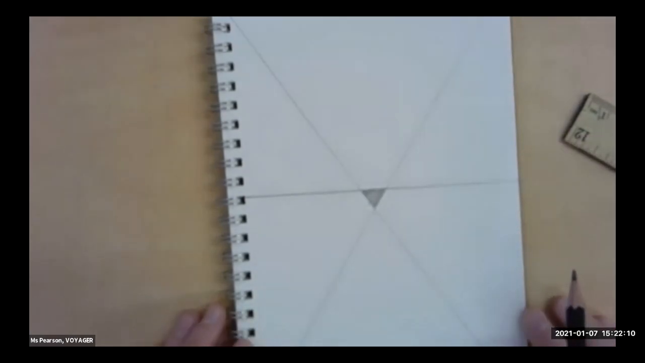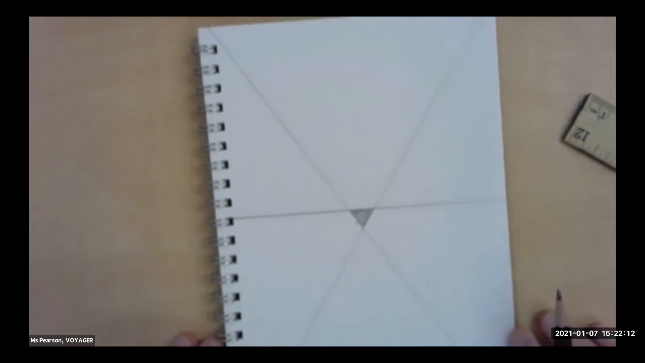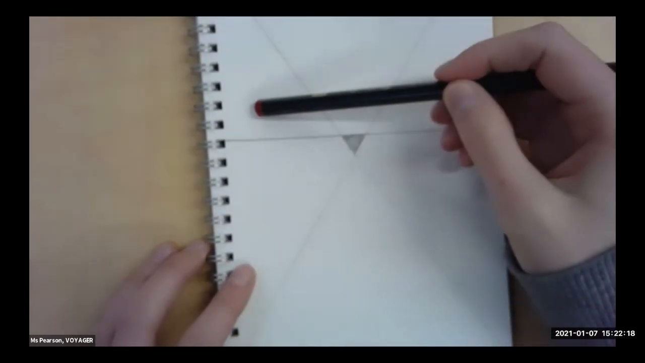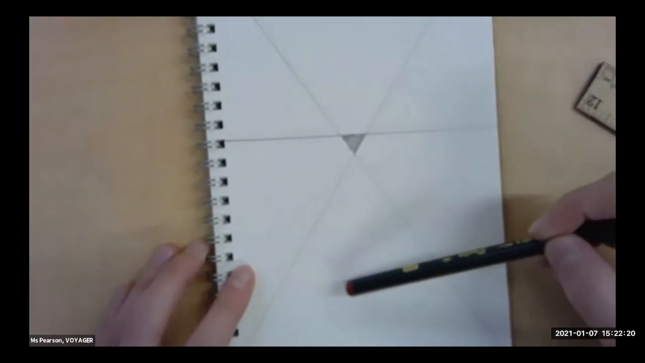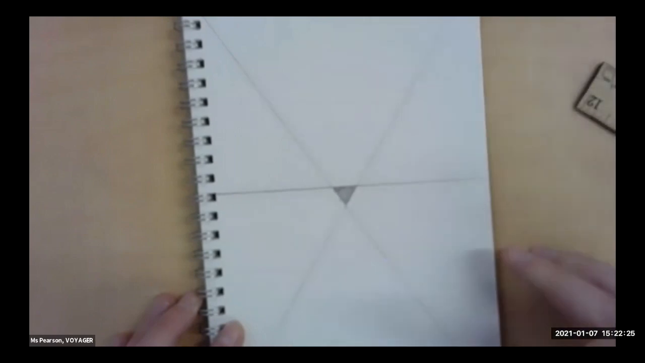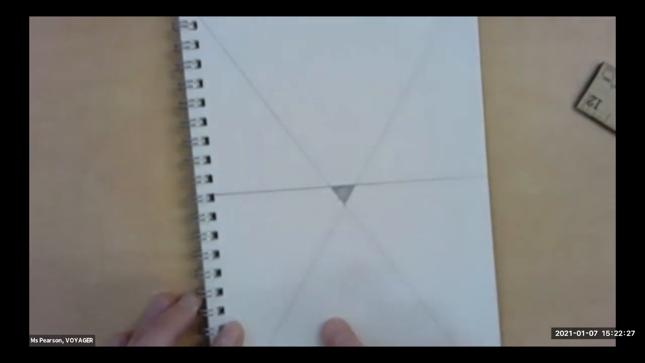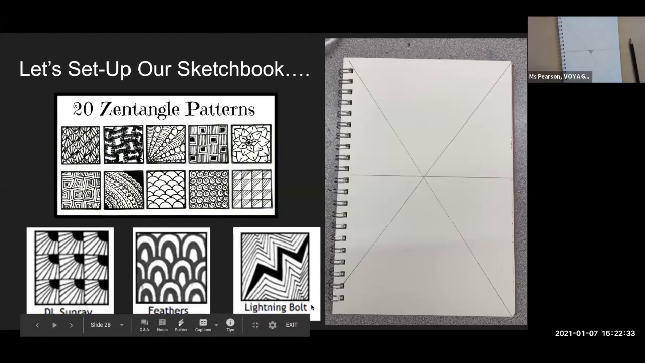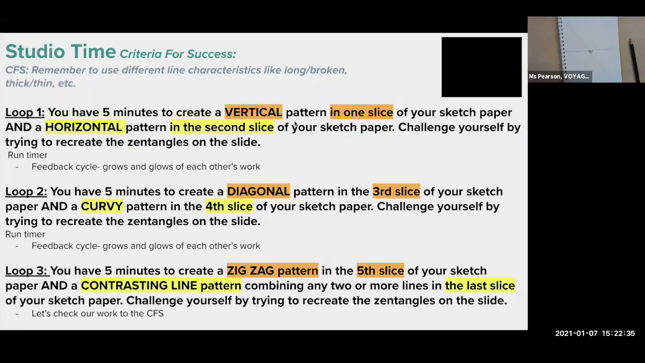All right, so now that we have our horizontal line and our 2 diagonal lines, if you notice, that creates 6 slices, almost like a pizza. So we've got 6 slices that we're working with here, and we're going to do a different pattern in each slice. So that's going to take us right into our studio time. I'm going to go back to the slides